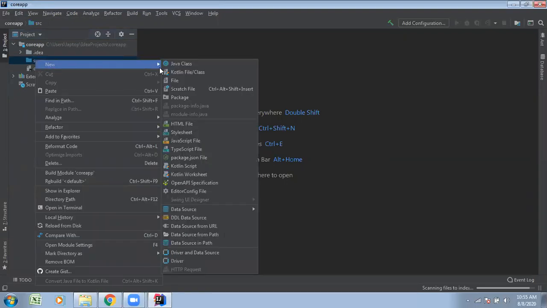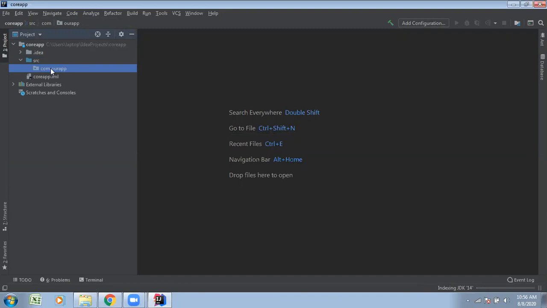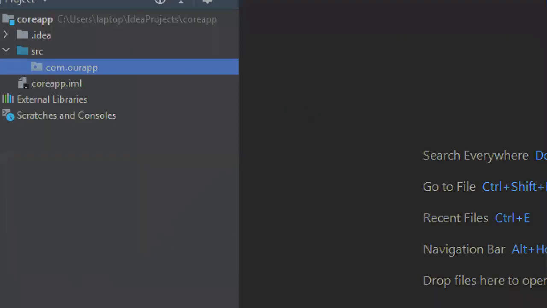First we want to create the package, and then the Java class for the logic. The package name is com.ourapplication, the project package name. Click on this, and the package is going to be created.